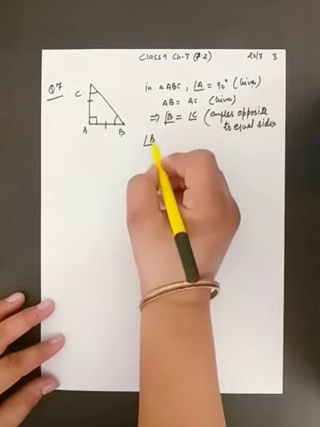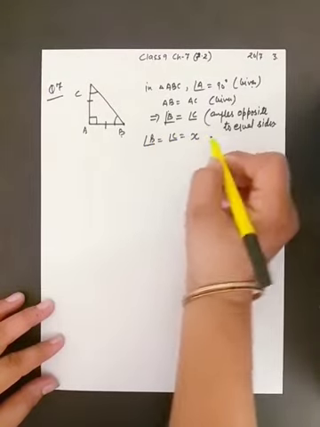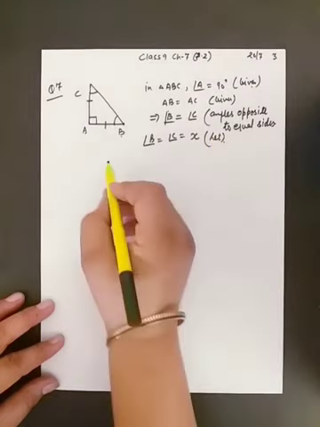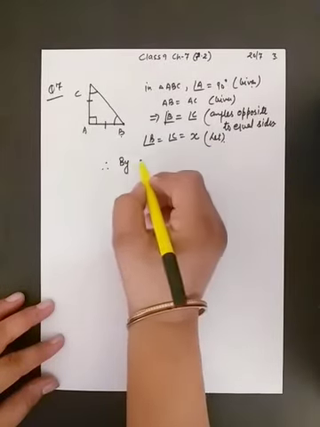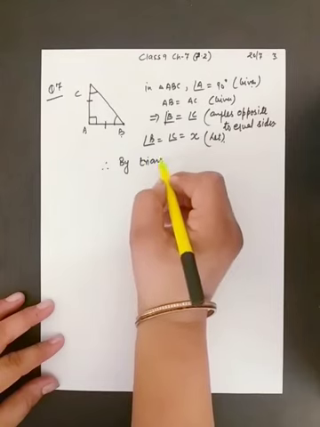And let each angle be equal to x, you have assumed this. So therefore, by triangle angle sum property,